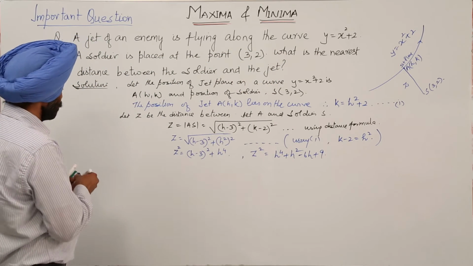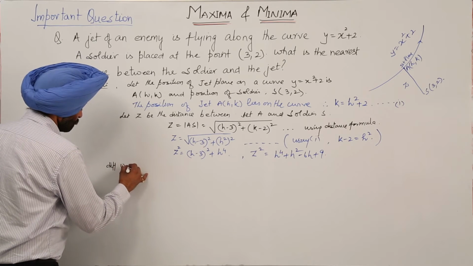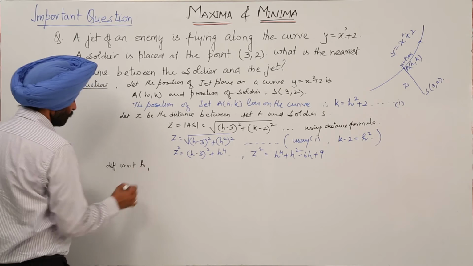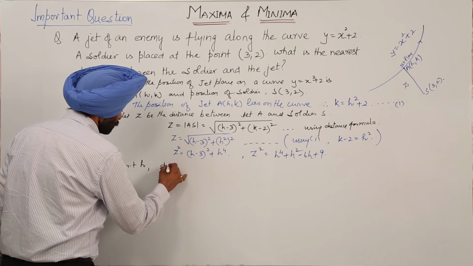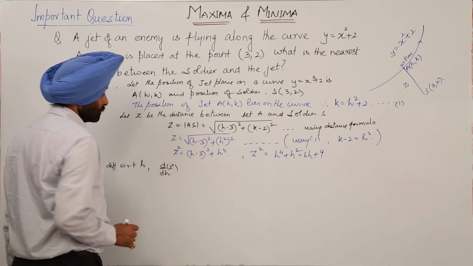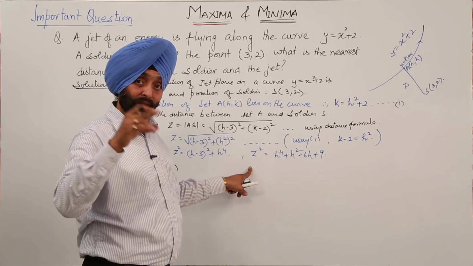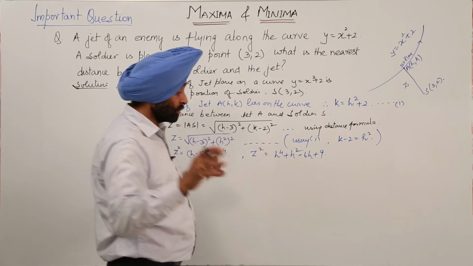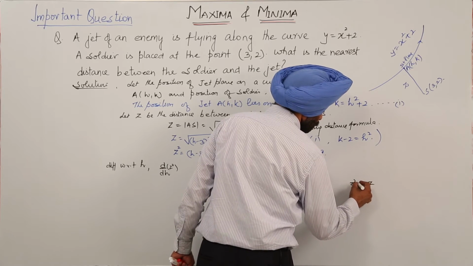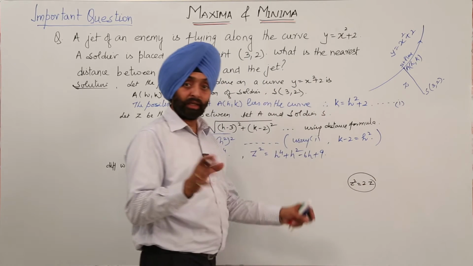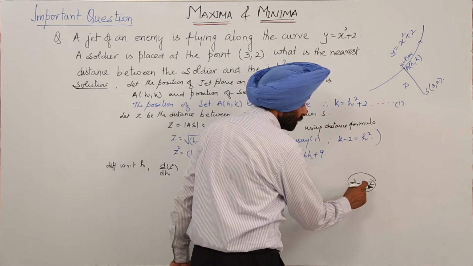Now differentiating with respect to h, d by dh of z square. So we are not going to differentiate this one, but if you are differentiating this one, let's check what you are going to do. If you are writing 2z for z square, after differentiating 2z, it hardly matters. When you are double differentiating it, it will become